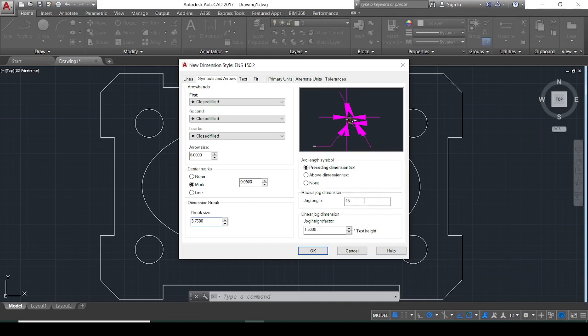Then jog angle 45, jog height factor 1.5, center marks none. Preceding dimension text, close field, and then